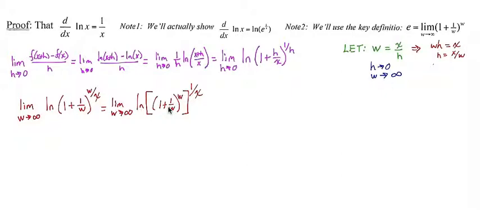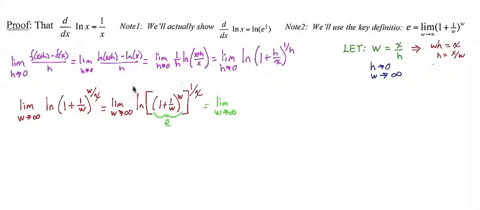That all of this, as w approaches infinity, all of this is really e. So now we can rewrite this as the limit as w approaches infinity of, and I'm going to take this exponent here, use my natural log rule,